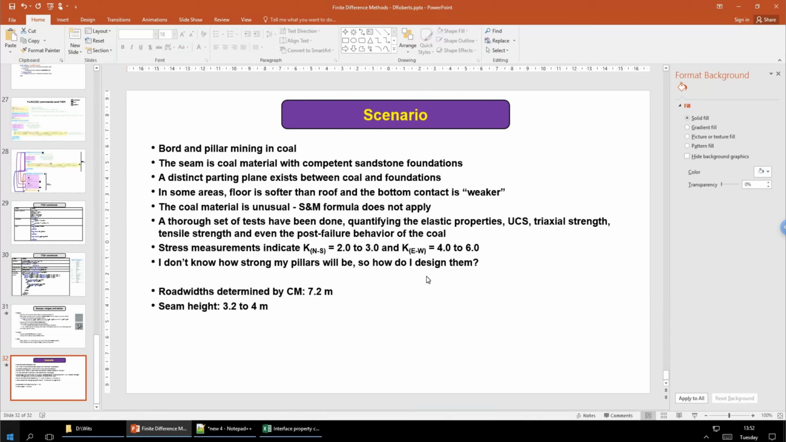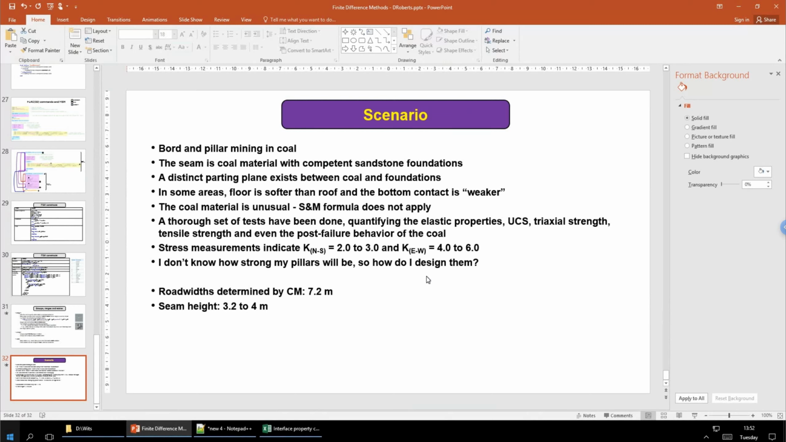There are a number of options as to how to handle it, but we'll go through that as we go along. So the scenario is we've got a board and pillar mine in coal. The seam is made of coal and it's got competent sandstone foundations. So what that tells us is that for normal pillar sizes, we're not going to expect failure extending into the foundations. Those sandstone foundations should remain intact throughout